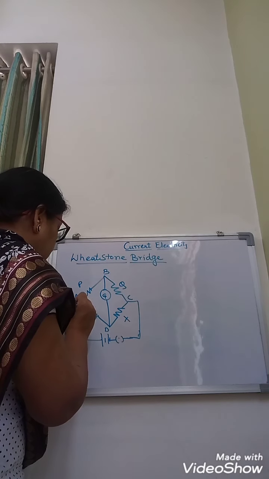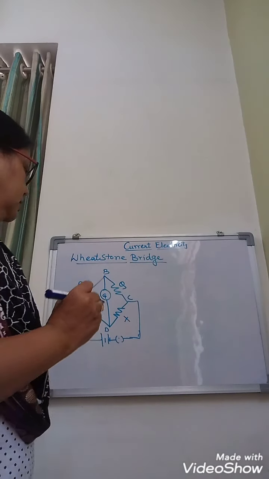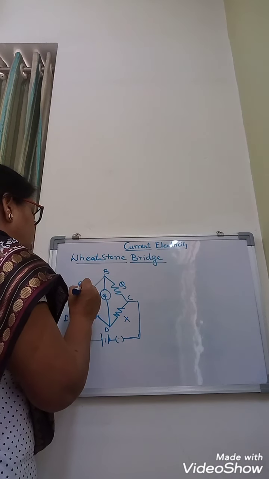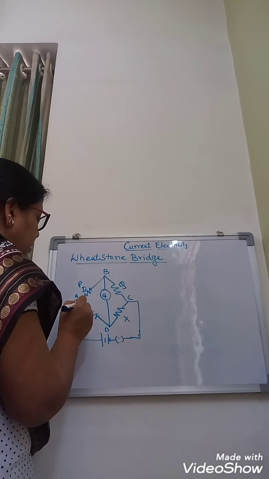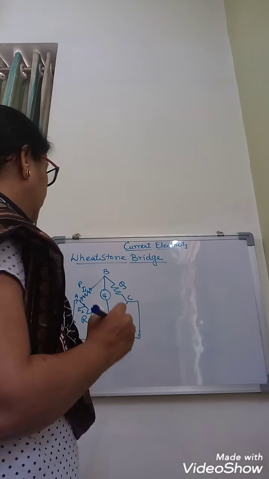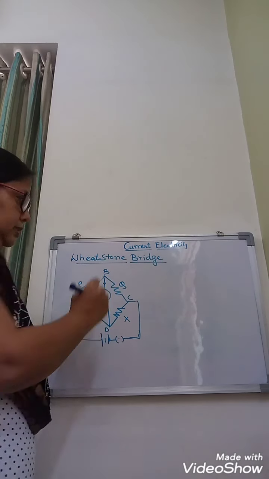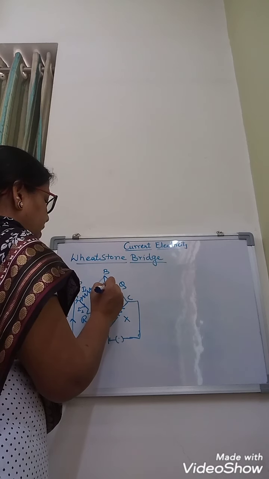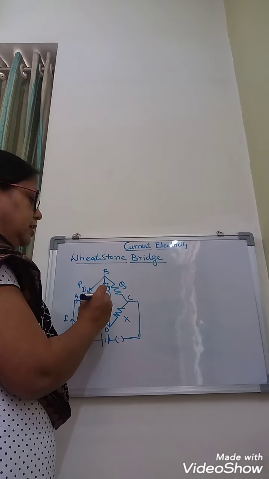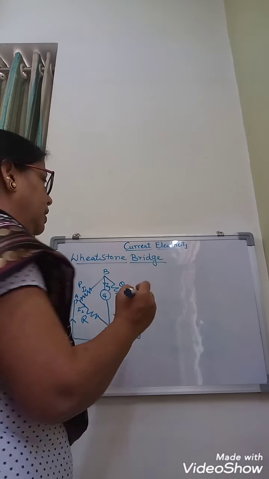Now when the current is coming to this point, we have studied Kirchhoff's laws yesterday, that junction rule you have to follow. So here the incoming current will divide into 2. Here the current will be I1 and the remaining current let us take here as I2. So I2 current is going here. Now the current goes to this point and here the galvanometer is there in this branch. So the current going in this branch will be Ig, g for galvanometer, and capital G is the resistance of the galvanometer, just like P, Q, R, X.